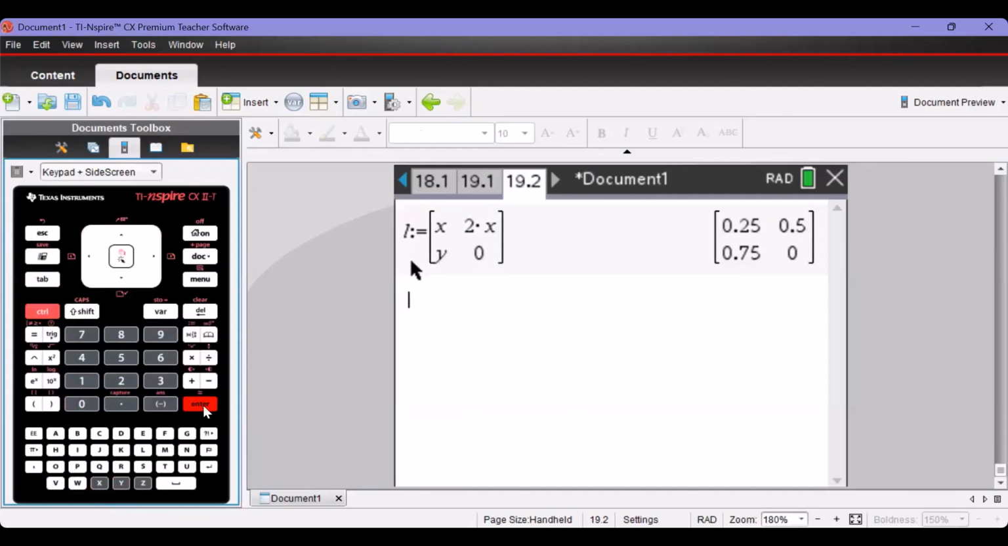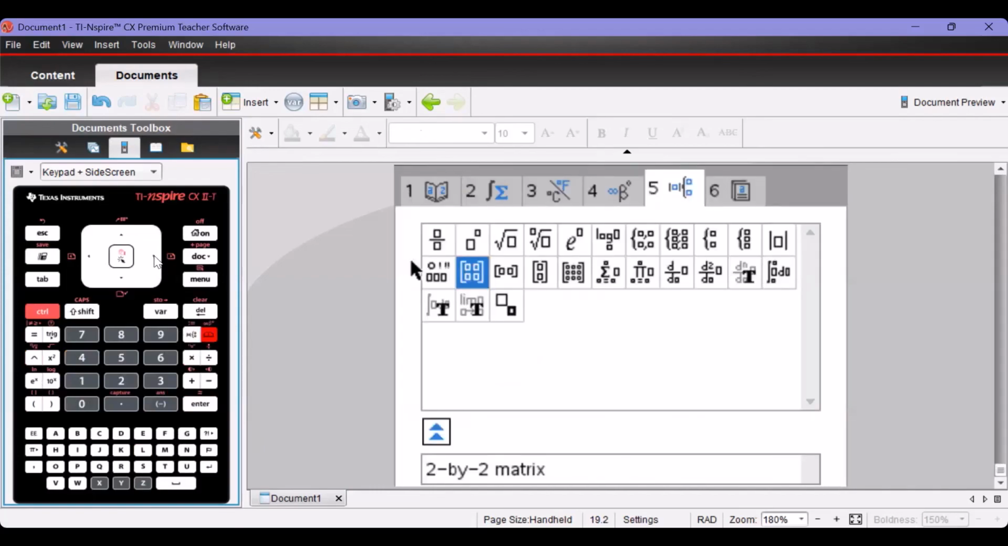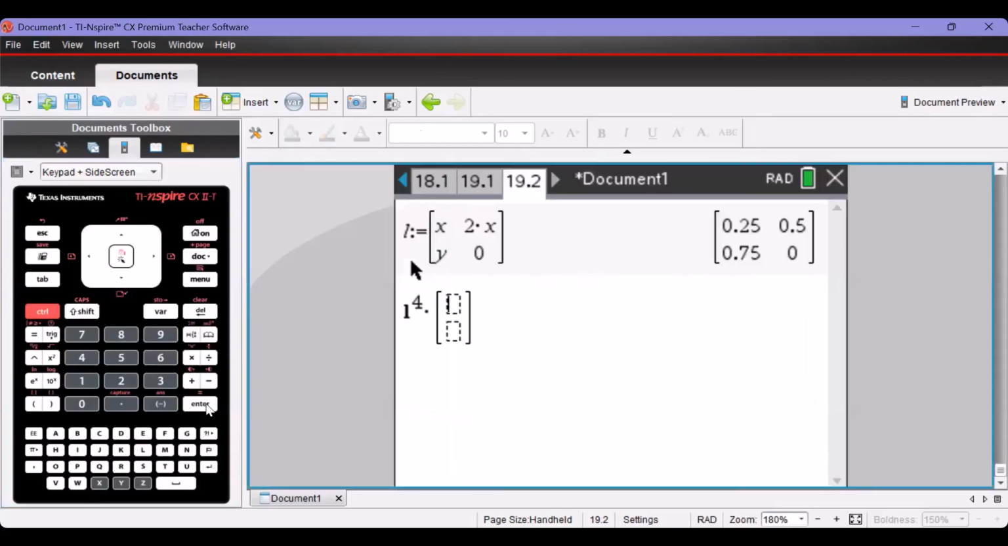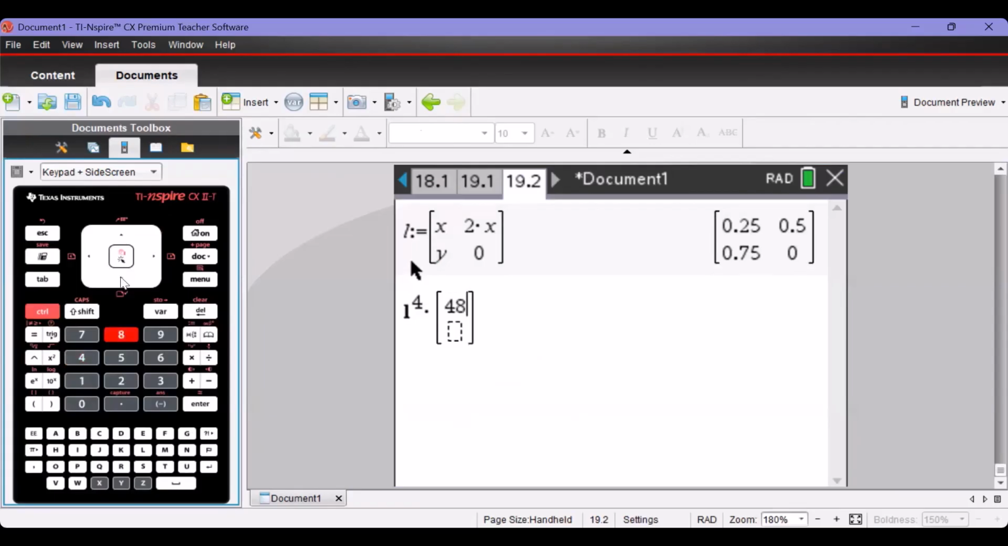Now, we're asked to use a matrix approach to estimate the total number of females after 4 weeks. So we've got to find P4. P4 is equal to L to the power of 4 times P0. So what we'll do now is we will calculate L to the power of 4, and then multiply that by the column matrix P0. So column matrix template in the catalog, press enter, and P0 is 4832. Press enter,